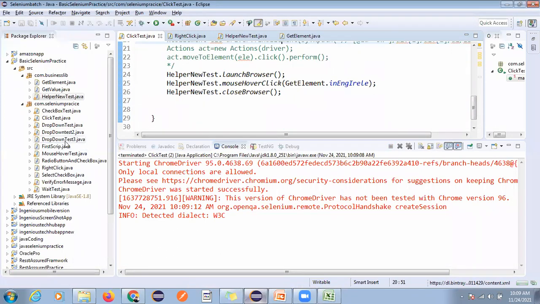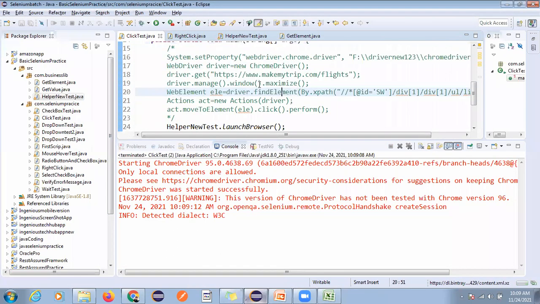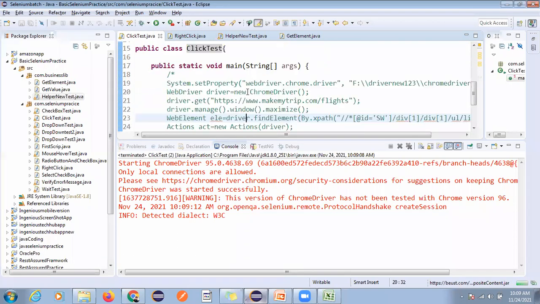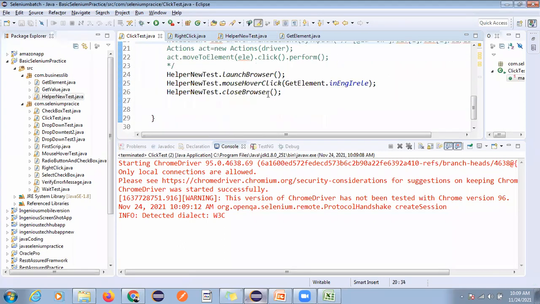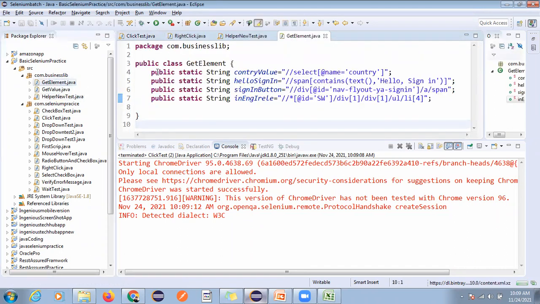Actually, few of the test cases we are using this driver also. So it was not pointing for the helper class driver, it was pointing for this driver. That's why we were getting null pointer exception before, right? Okay, because we have a class level and static, so directly you can access, and we are in the same project, or if you have a different package, we are using public, so you can access anywhere. Even all the methods are also public, so we can access anywhere.